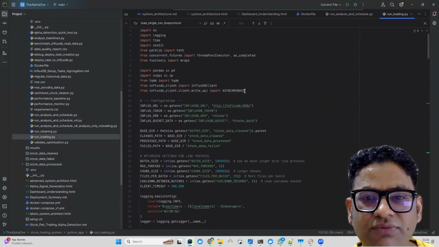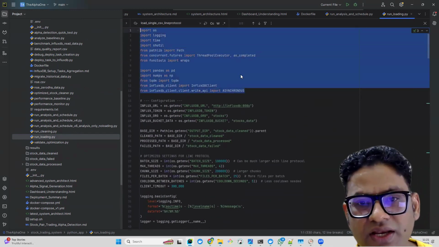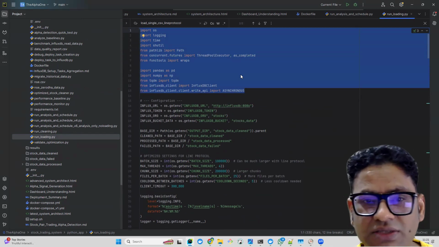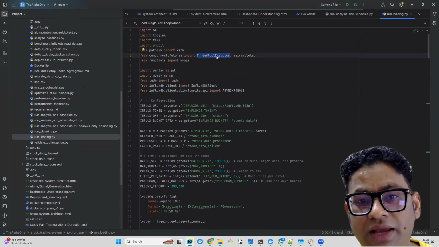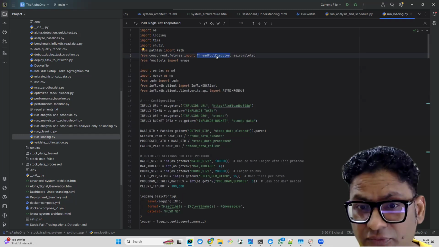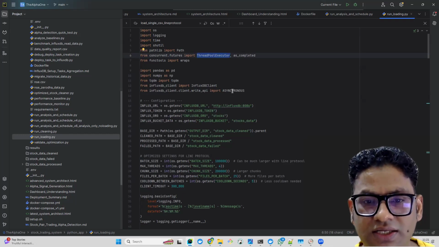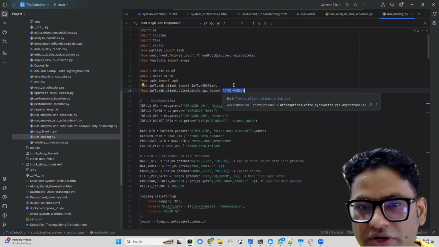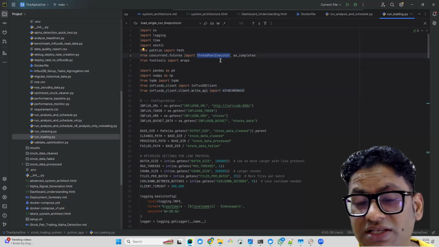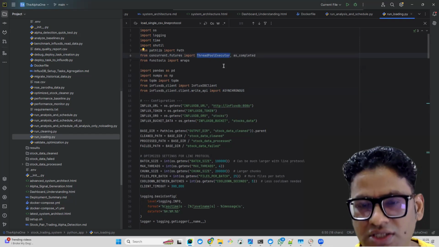Here you can see we have just imported a bunch of libraries. If you have been following my InfluxDB videos, you know about all these things. There are some important libraries I wanted to highlight: the ThreadPoolExecutor, and the asynchronous one. I have already explained asynchronous, and most of us already know that. But ThreadPoolExecutor is definitely an important concept because